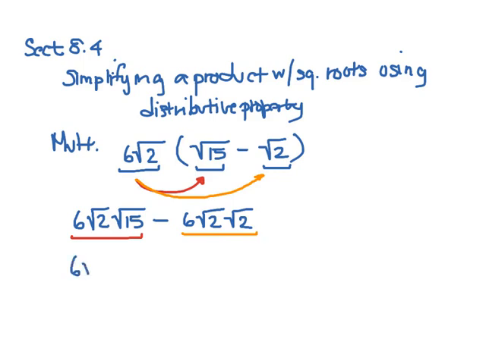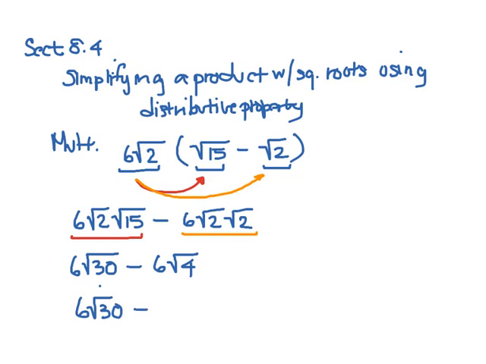So now I have 6 times the square root of 30 minus, I have 6, and if you don't see this right away, we'll just make it 6 times the square root of 4. Okay, now we're still not done. 30 doesn't have any perfect square factors in there, so there's nothing that we can take out from under the square root. So we'll leave that as 6 times the square root of 30